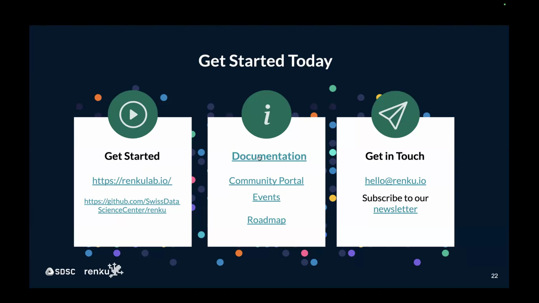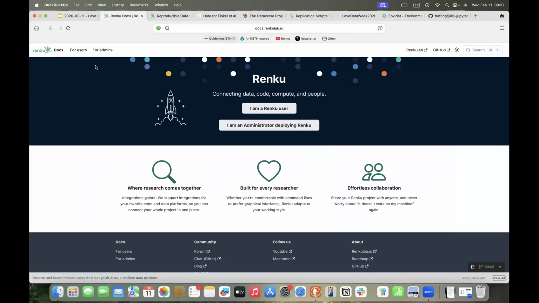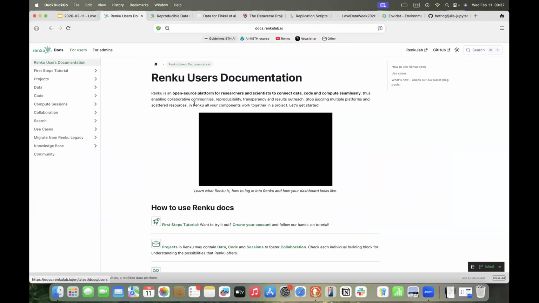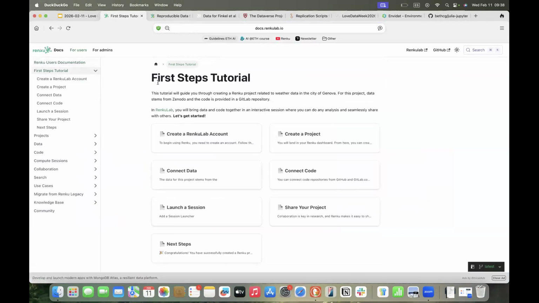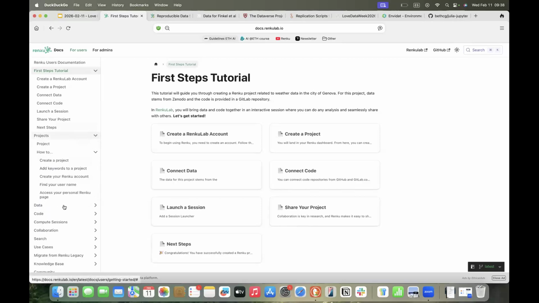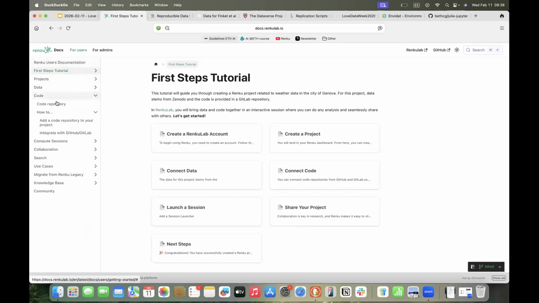There is the documentation page as well that I was presenting to you before. This is the Read the Docs from Renku, docs.renku.io. We have guides both for users and for administrators who want to deploy Renku. On the documentation site, we have the first steps tutorial, as I mentioned. This is what, if you have time, we can do together, or you can do in the rest of the session. And then we have full documentation regarding how to create projects, how to connect with